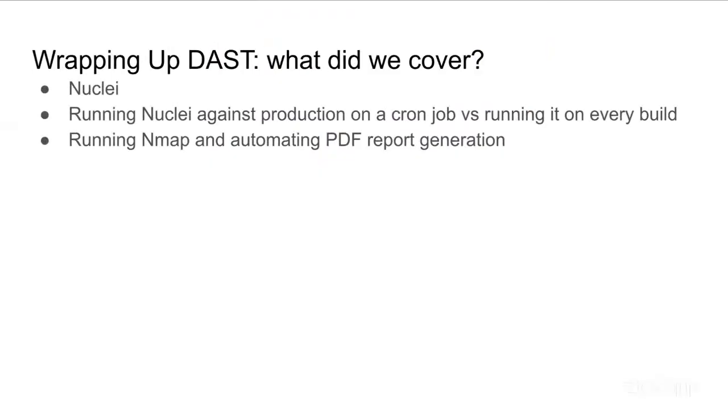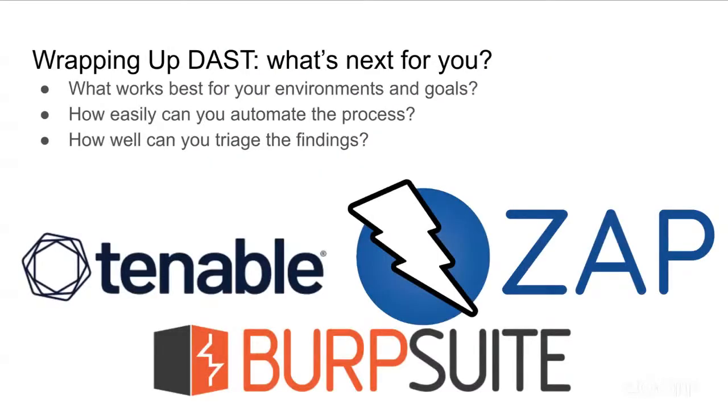So yeah, this is just wrapping up what we just mentioned. There are other tools. Nuclei is free, Nmap is free. ZAP is a proxy like Burp Suite you can use to test web apps, but they also have a GitHub Action that you can run. One common mistake when setting up DAST is to forget to give it authentication configuration, so that it actually logs into your web app and scans as an authenticated user